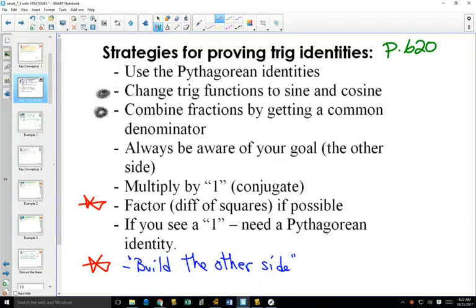These two strategies are strategies that you need to use when you get stuck. If you've changed things to sine and cos, and both sides are a single fraction, these are the two strategies that are going to help you. Either you have to factor something somehow, and that's what we're going to use in this one, or this strategy that I mentioned before, build the other side, see if you can make your denominators the same. And if you can make your denominators the same by building both sides up, by multiplying by 1, maybe that will help you prove it. So in this case,